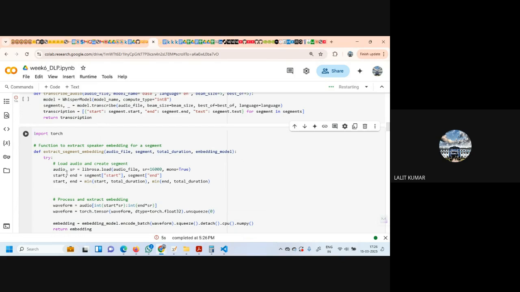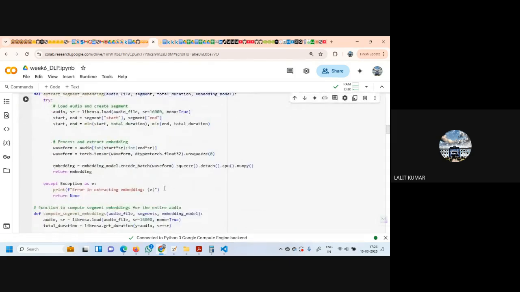So we have loaded audio and SR, librosa.load(audio_file, sr=16000, mono=True), then start and end, segment start and segment end, which we are getting from here. And then we get min start total duration and min end total duration.